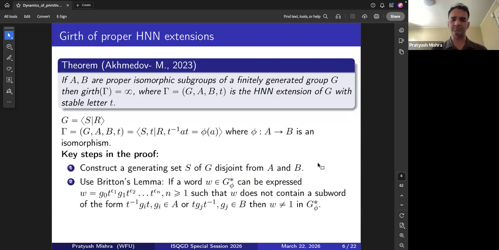So that's basically a classical way of generating free groups, historically speaking, and it appears in many different versions. And it turns out that for certain classes of groups, this property of having infinite girth coincides with this property of producing this ping pong in some strong sense. And we prove infinite girth from there.